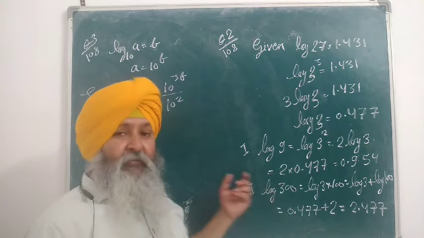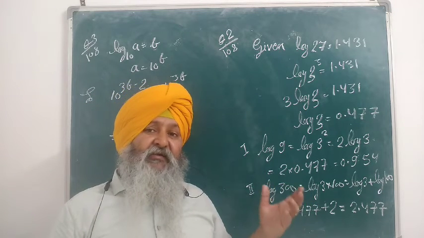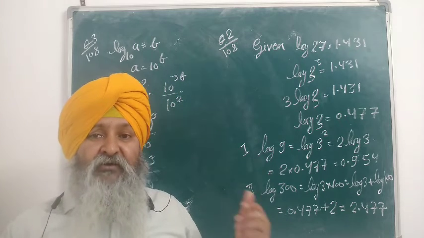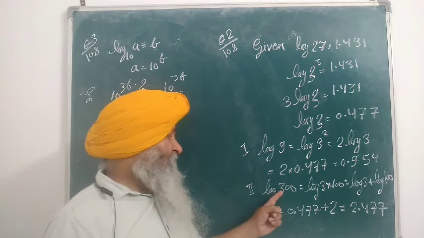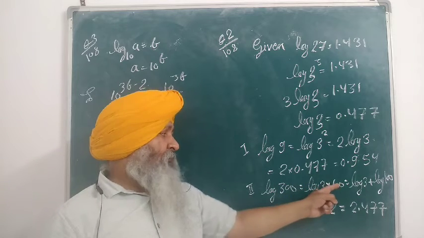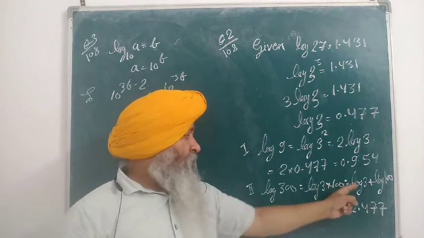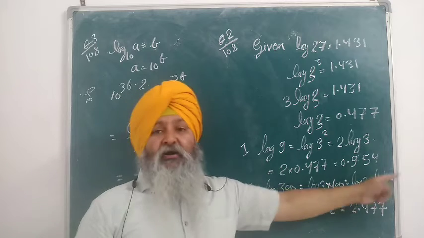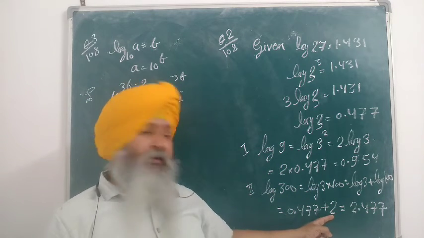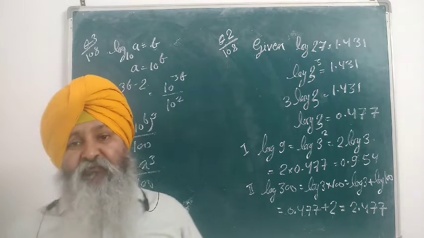Whenever we are getting multiples of 100 or division by 10, 100, 1000, let us separate it, because we know the values of 100, 1000, lakh ourselves. So I divide this into 3 into 100. That is log m into n, so it becomes log m plus log n. Log 3's value you know, log 100 value you already memorized. This is given and this is memorized. So 2 plus 0.477 is equal to 2.477.